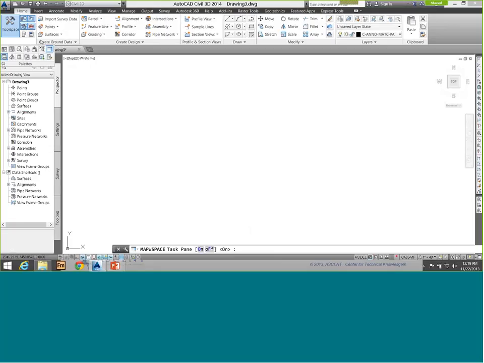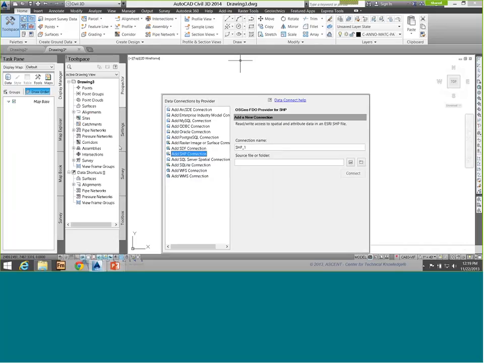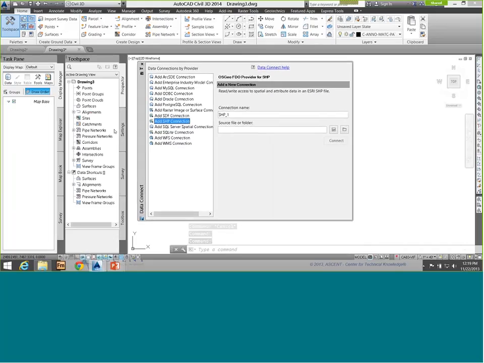Now, again, it looks like nothing happened, so I'm going to move my cursor over into the model area and just click on it so that it turns that map task pane on. Now I can connect to my data. Does that appear somewhere else? Let me pull it down. So I happen to have a raster image that I'm going to go ahead and connect to. I don't have a DEM file, but I do have a raster image file, and I have a shape file